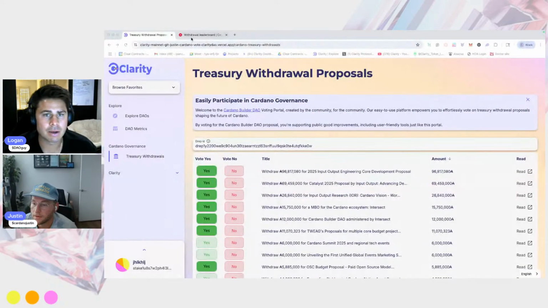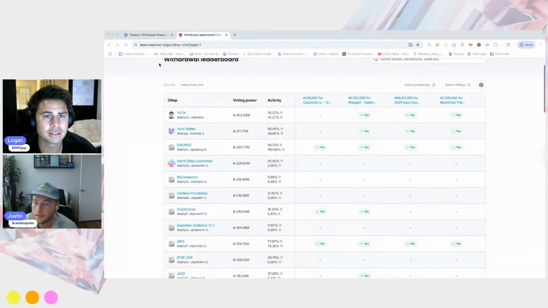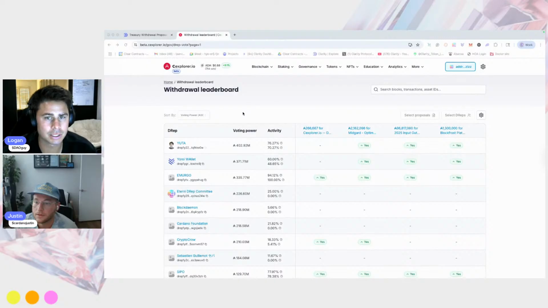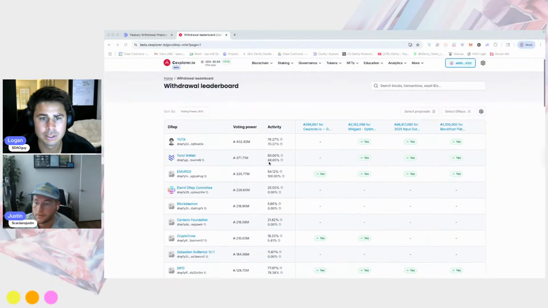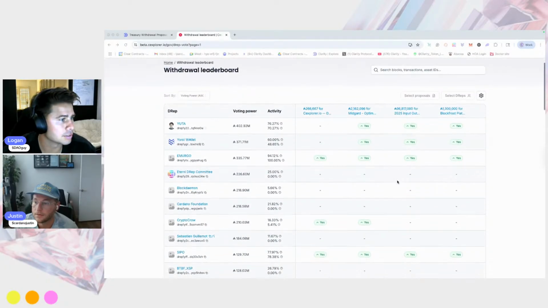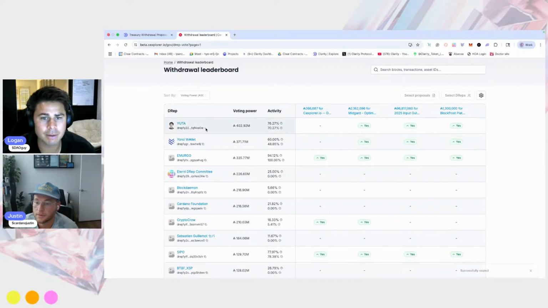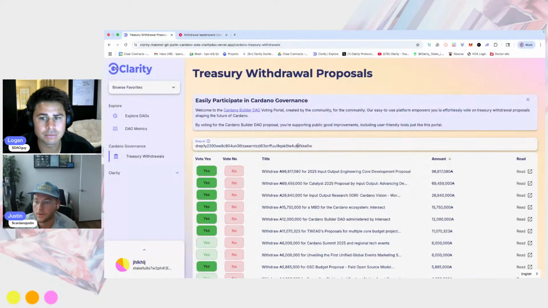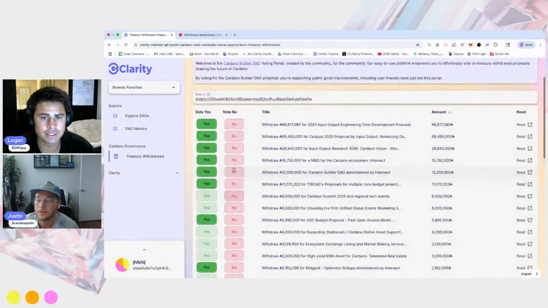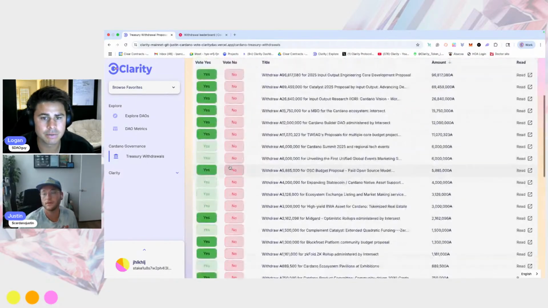All right, so here we are. So I went to the Cardano Explorer here. CExplorer is also a really cool tool that you can use to visualize the different votes of everyone. So I come over here, I grab Yuta's DRep ID, I copy and paste it into here. So you can see nothing's highlighted now. If I want to see how Yuta's voting, there you go. You can see what he's voted on.